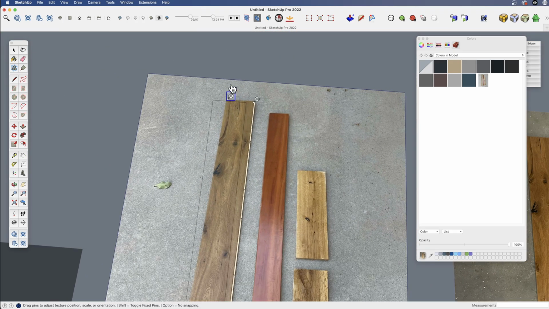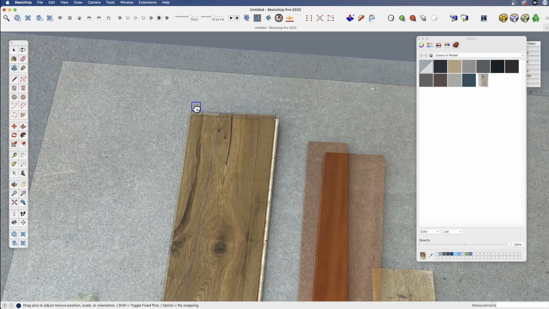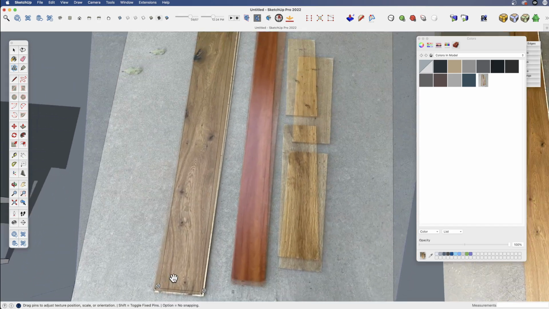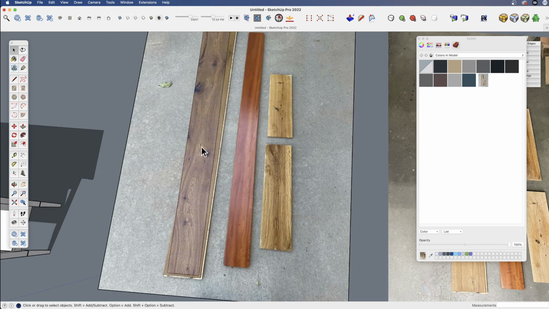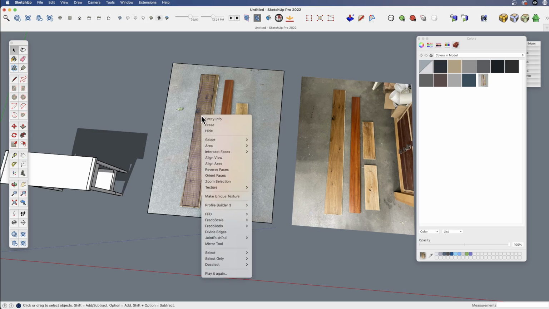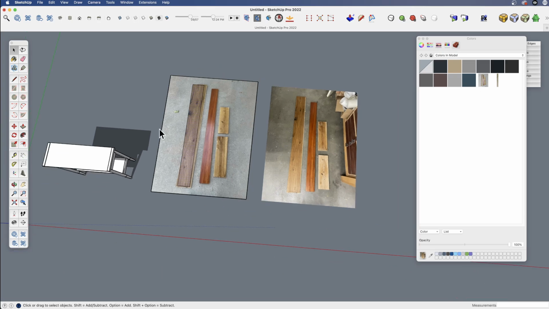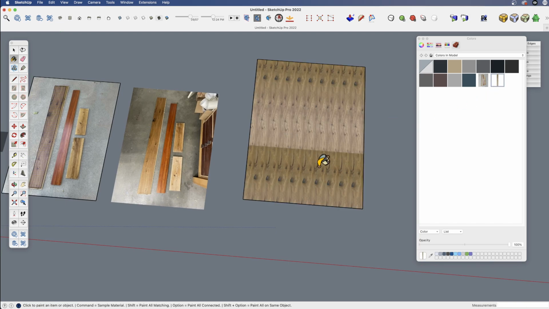But once I click and move those, then I'm going to click and drag with the mouse, and it's actually going to stretch that image. So I just want to stretch it so it fits my board a little bit better. And again, it doesn't have to be perfect unless you have a very specific board in mind. But I'll right click, say done. Now this texture, I can right click on it, go down to texture, go one more and say make unique texture. Now it has just that board, and if I drag out a large rectangle, I can select and paint that,